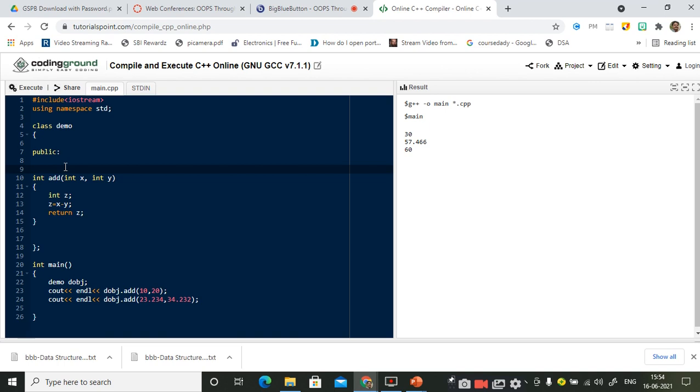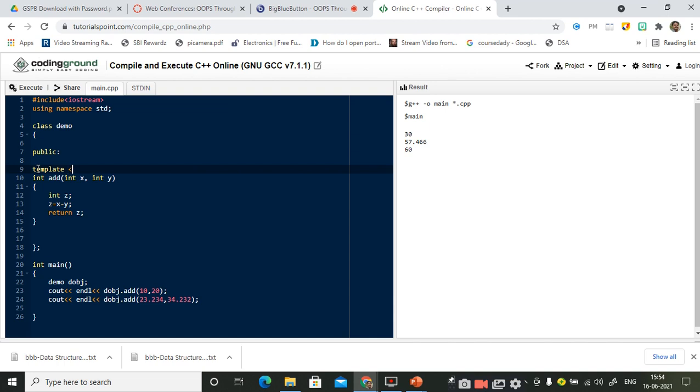So what do you mean by template? You just make the parameters as the data types, that's it, right? So for this I have to convert this function into the template. For converting into a template, the function definition should be preceded with one simple statement: it should start with the template keyword, right?